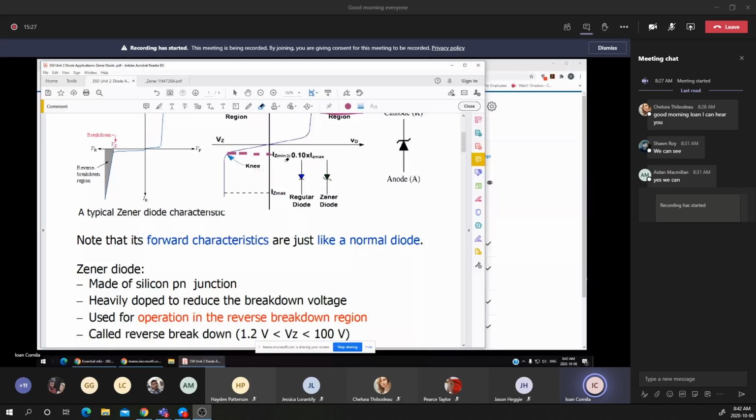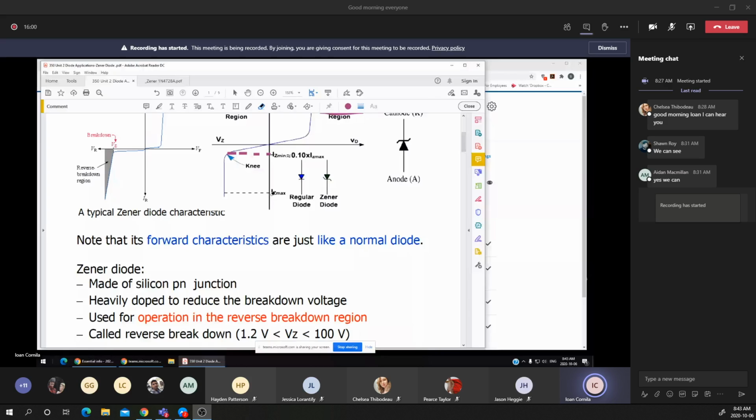Now, in order to avoid the confusion between the min and the max, to use just a single subscript, they changed the IZ min to IZK. Where is that K coming from? From the knee value. It means that once the voltage is almost in the Zener region or the breakdown region, the minimum current is reached. It means that the Zener is acting as